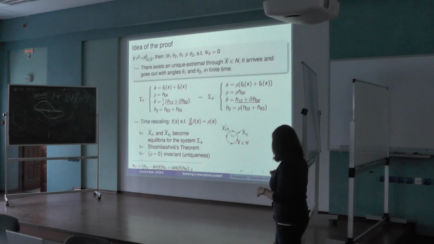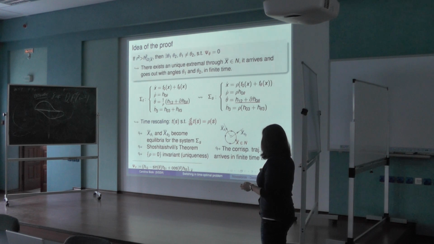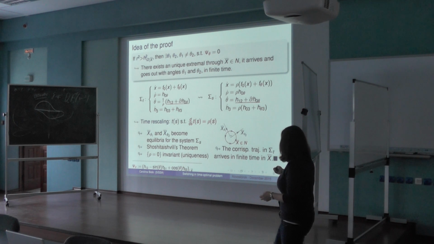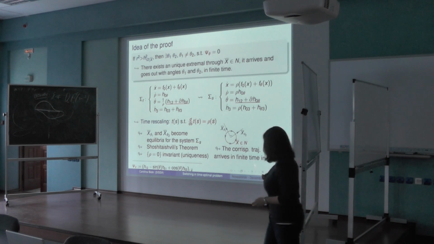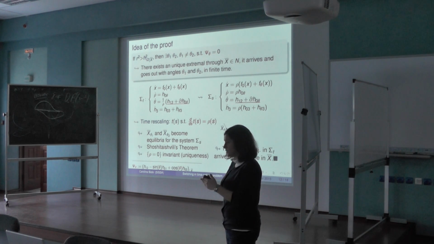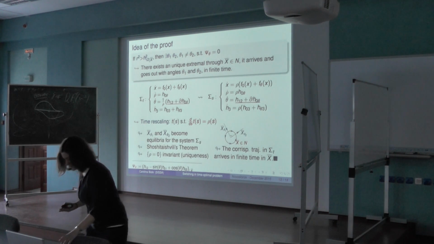And then another question was, do we arrive to this point in finite time? Because we know that these are equilibrium for this time s, and so at time s we arrive to this point in infinite time. So our question was, do we arrive in finite time? And the answer is yes. So we find explicitly the extremals that arrive through this singular locus. And I don't know how we find in time, but yes.